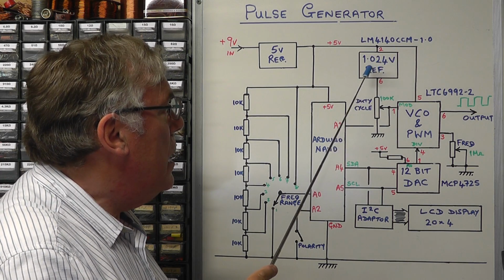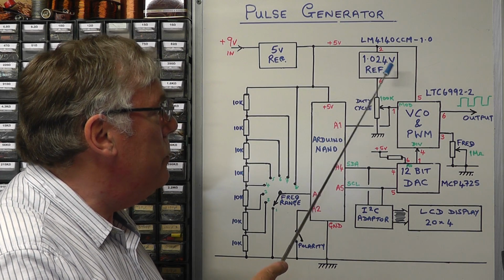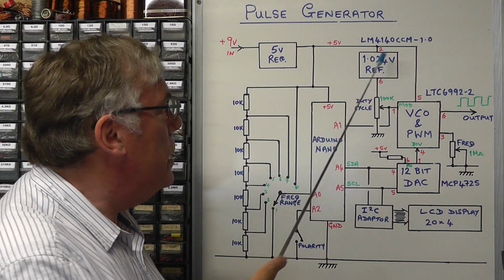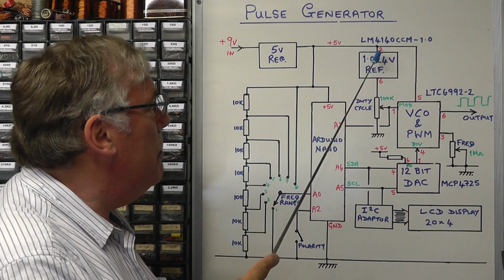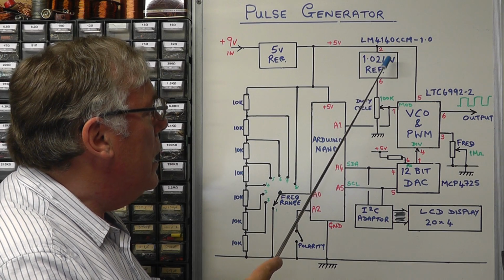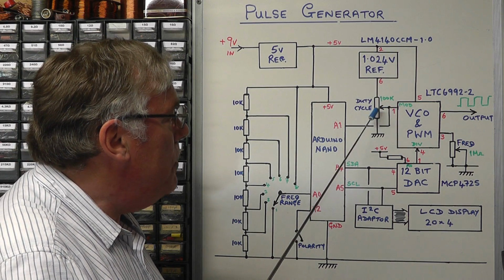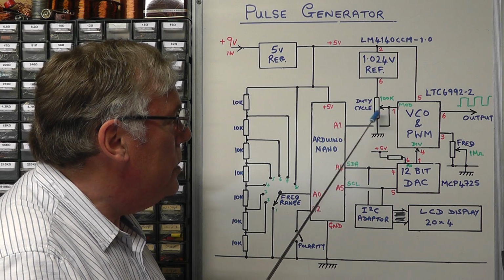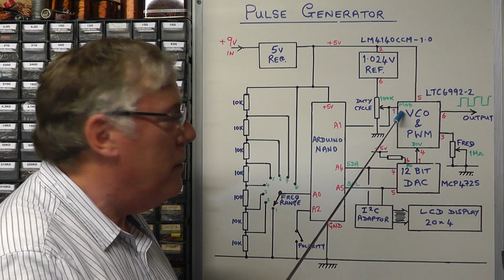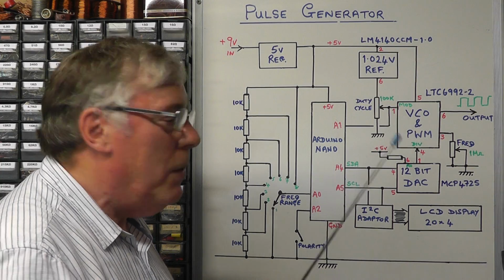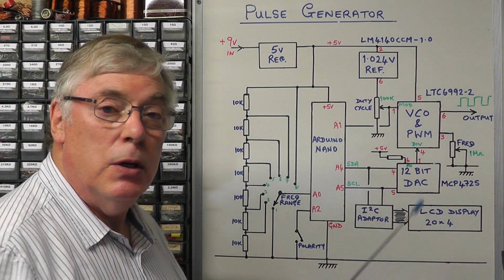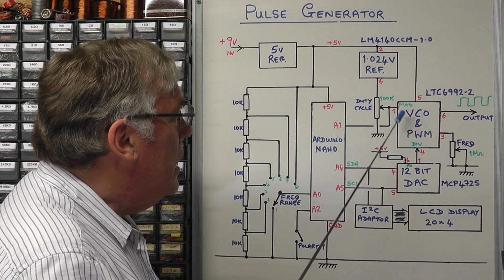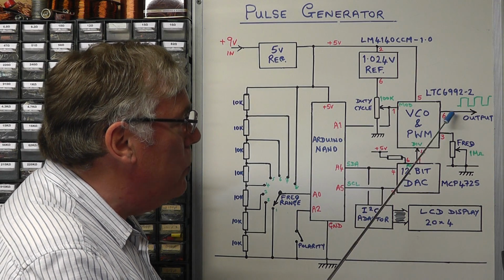I'm using a 1.024 volt voltage reference source, and the IC I'm using there is a Texas Instruments IC, the LM4140, to give us that voltage. And then I'm using a 100k pot to tap it off to pin 1 of the oscillator IC, and that will then give us a voltage range from 0 to 1 volt,